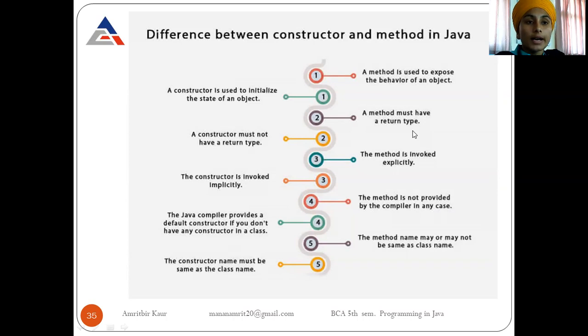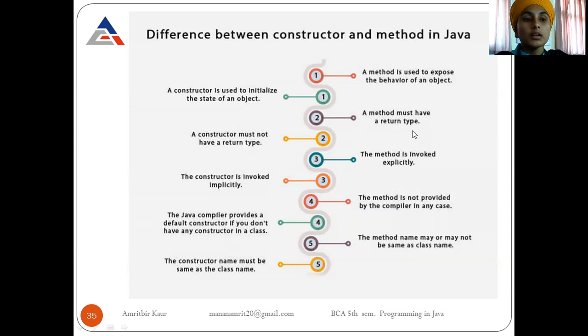And if we are not writing any constructor, as till now in our practicals we have not written any constructor, then in that case the compiler automatically creates a default constructor. But in case of a method, the compiler does not provide one if we skip it. The constructor name must be the same as the class name. We cannot use another name.